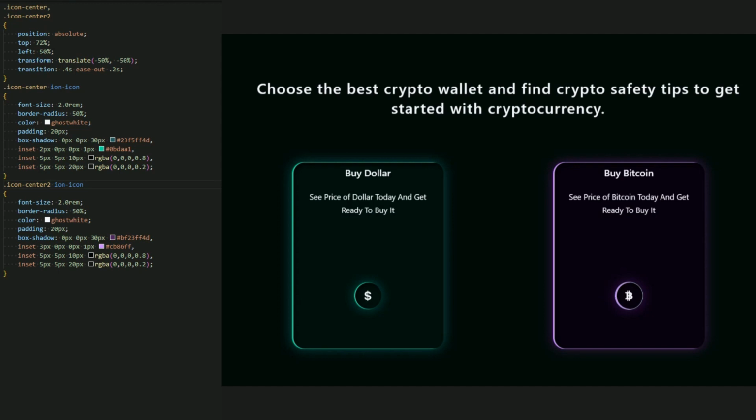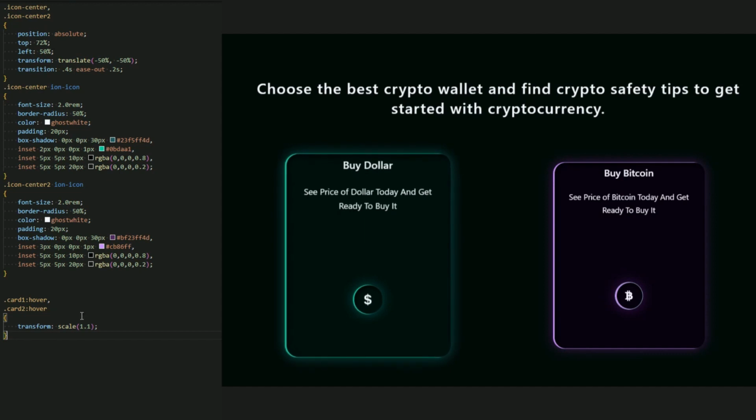Okay, let me just add a hover, card 1 and card 2 hover. Just add a transform scale 1.1 to make this card a little bigger.